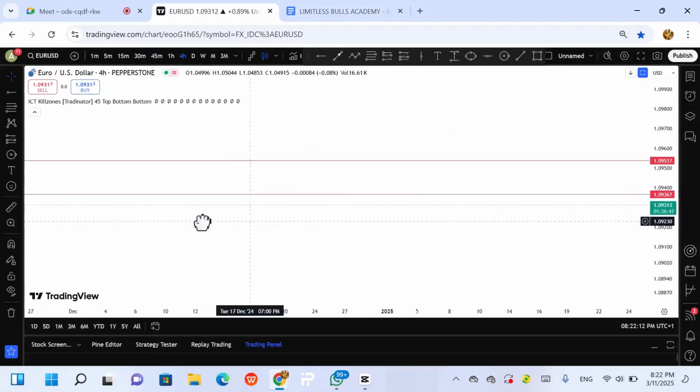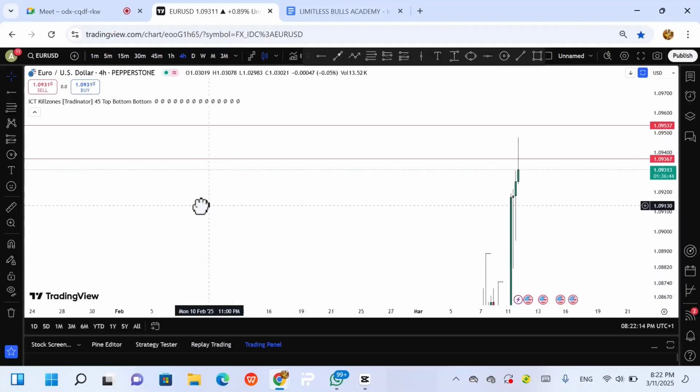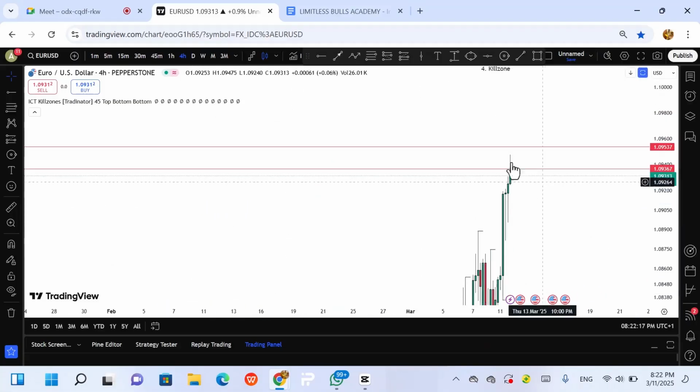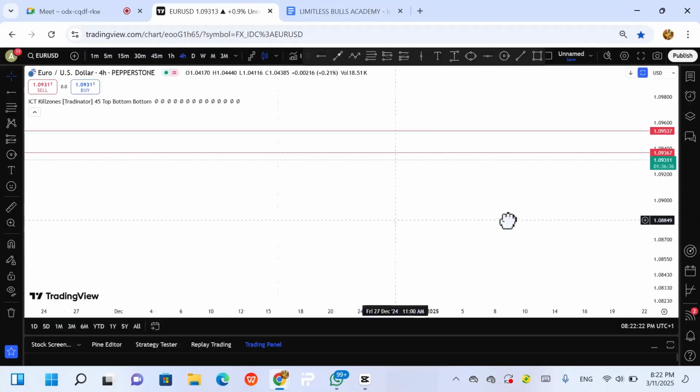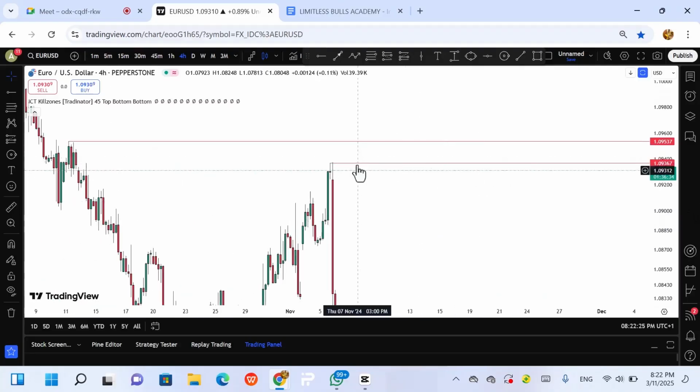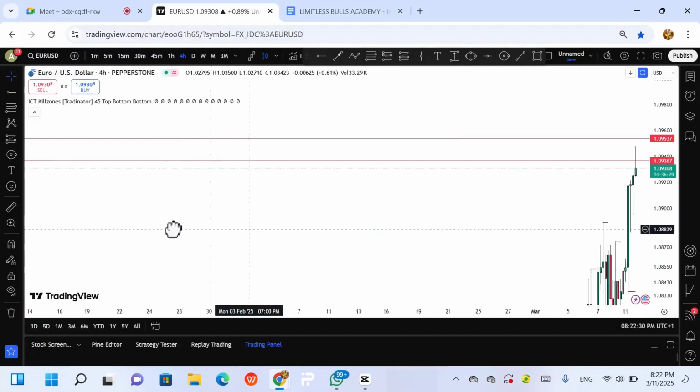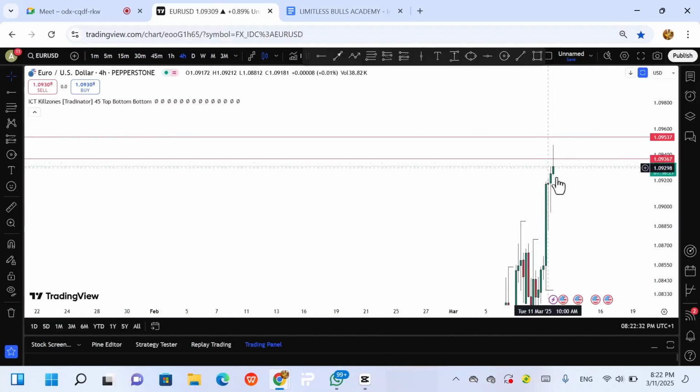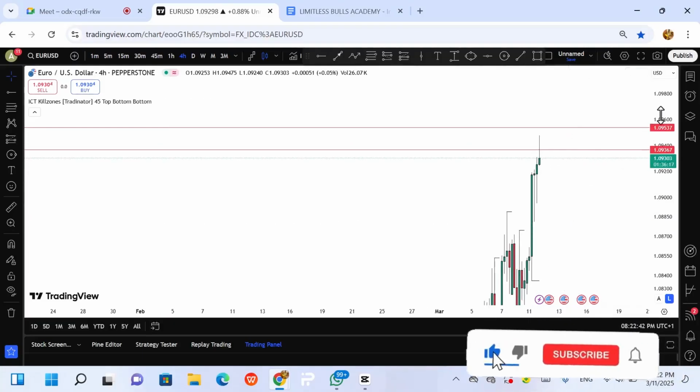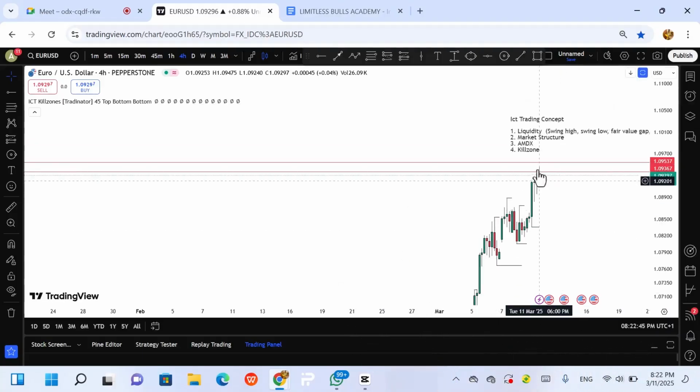So now I'll come back to the current chart. So now this is the current chart. What am I seeing? I'm seeing that the market has raided this swing high. You know what a raid is? I will talk about raids. So the market has raided this swing high, right? And you can see the way it's rejecting. Why? Because it has reacted to liquidity. Because the market moves from liquidity to liquidity. If the market has raided this liquidity, what will it do? It will go for the next liquidity, because that is what price will do. Price will constantly be seeking liquidity areas.